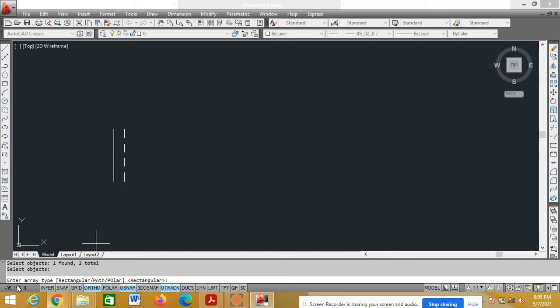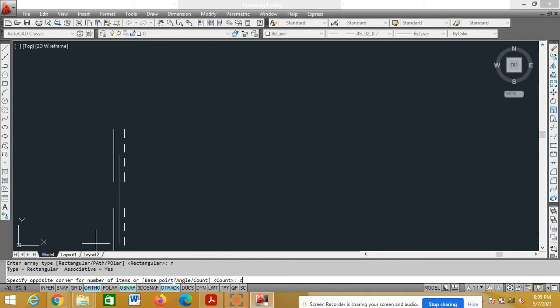It is asking enter the type of the array, whether rectangular, path, polar, what array you want. I want rectangular. So press R, enter. First letter will be the keyword. It is asking specify the opposite corner for number of items or base point, angle or count. I want the count.